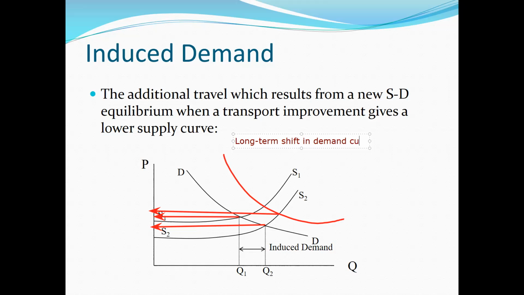So this is a long-term shift in the demand curve that might push your price of traveling on that connection or that link even higher. So that's the idea of induced demand in the short term. Even with the induced demand, you could lower the travel time, right? But in the long run, because you encourage development farther away from the city by adding lanes to the network, you might actually push the demand curve higher,